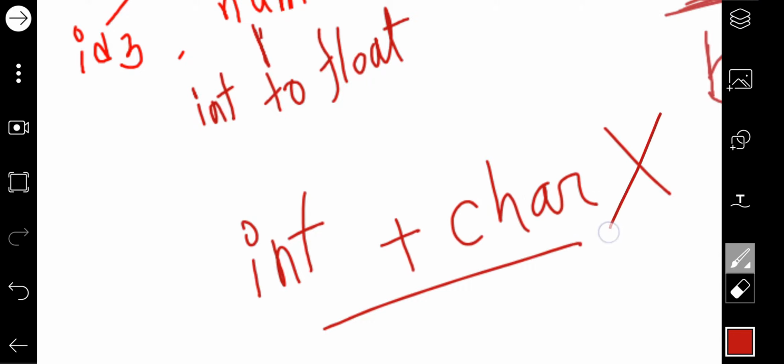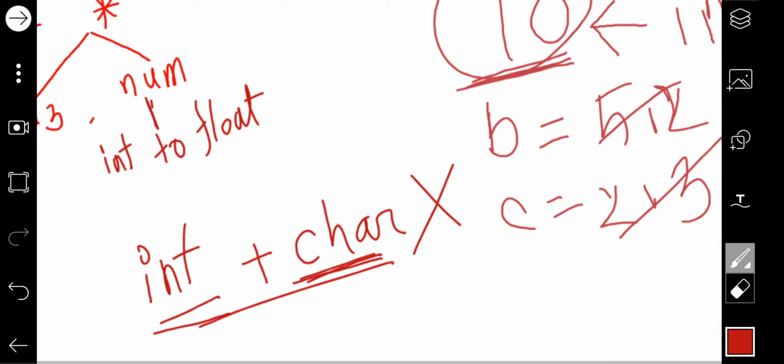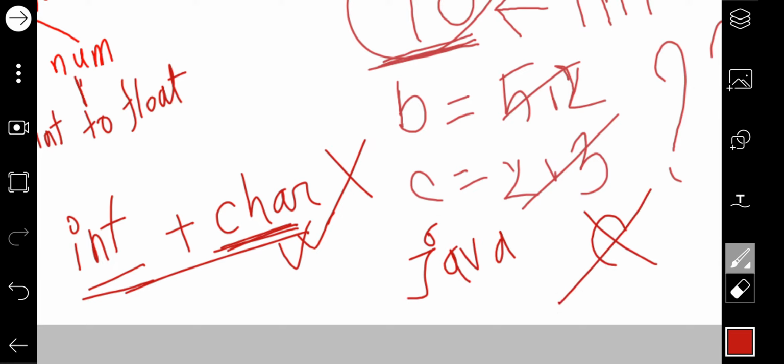It will check for this kind of meaning: type checking, and whether the language has this kind of operation or not. Suppose you are using a symbol which is acceptable in Java but not in C language, then after the semantic analysis, it will give an error. Errors will be handled in that way.